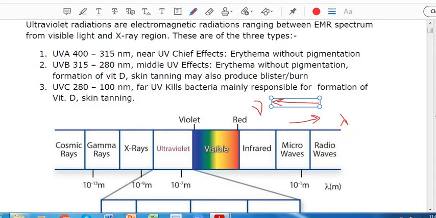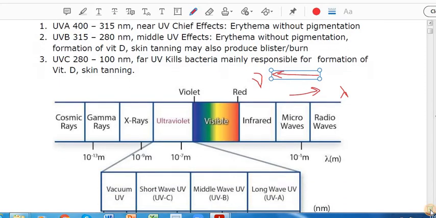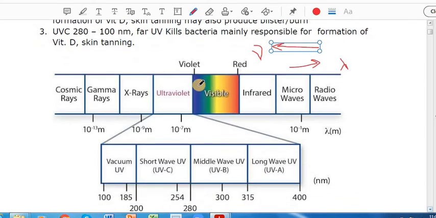Radio waves have no component of radiation that is used in physiotherapy. We have a high frequency current that we will be doing in some other chapter of short wave diathermy. Microwaves, yes, we use a bit of it in microwave diathermy. Then infrared we have just done in huge details, and now the visible radiation is again not much used in physiotherapy, but just after this visible band you have the ultraviolet radiation.